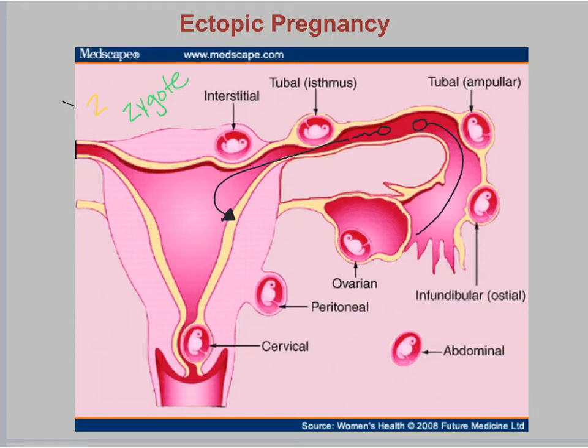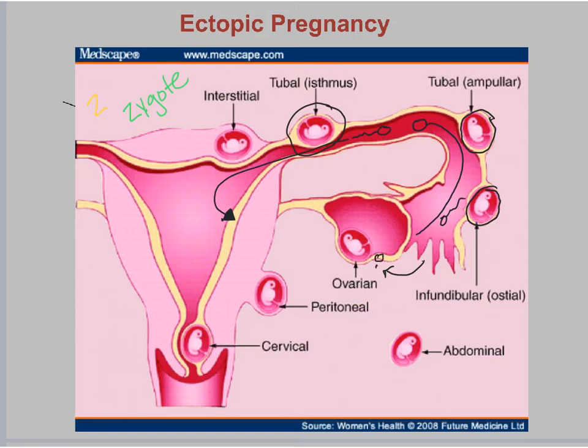So you can see a condition here where a zygote might implant in the isthmus of the fallopian tube. It could implant mistakenly in the ampulla, in the infundibulum, or even, like in the case of a supersperm swimming all the way out of the fallopian tubes,